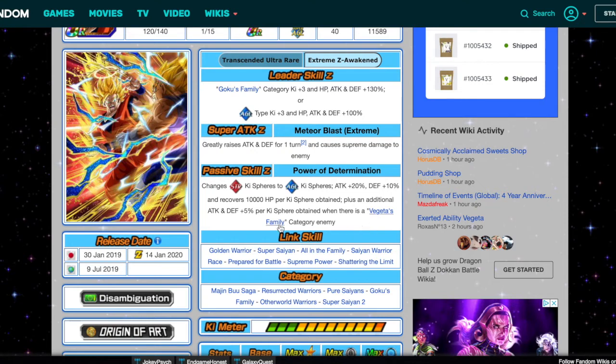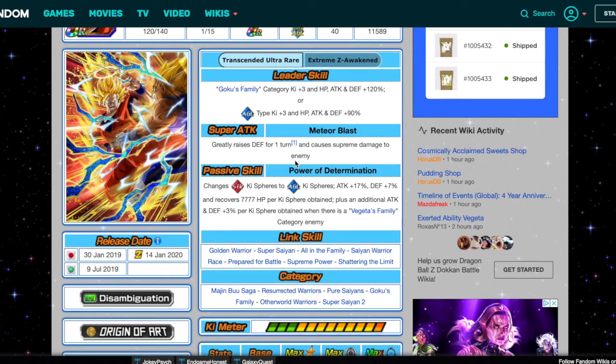Now, plus an additional attack and defense plus 5%, so they increase that by 3% as well per Ki sphere obtained when there's a Vegeta's family category enemy. So they didn't do too much to him. As you guys can see, as the units start to EZA, since they're better than the old ones, they're being very careful with how they change them, right? You would have thought that this HP recovery might have been a percentage buff, but the fact that they're leaving it as a flat 10,000, which is a 3,333 difference from his TUR state,